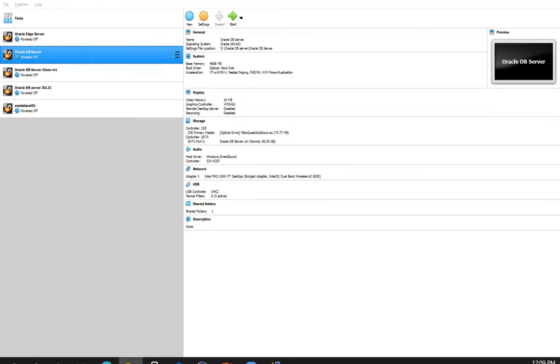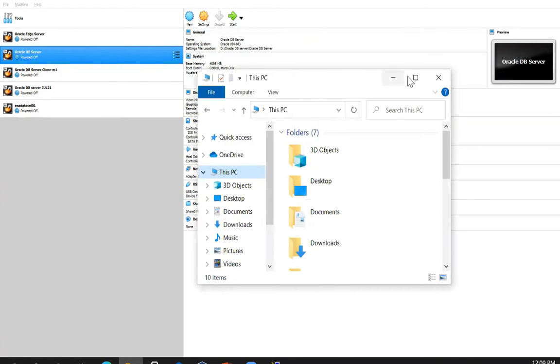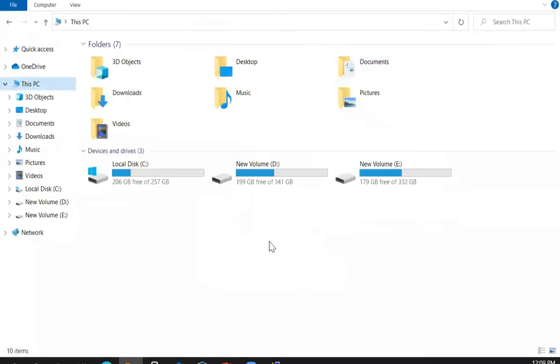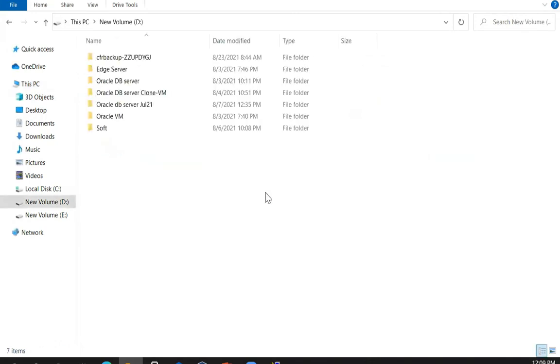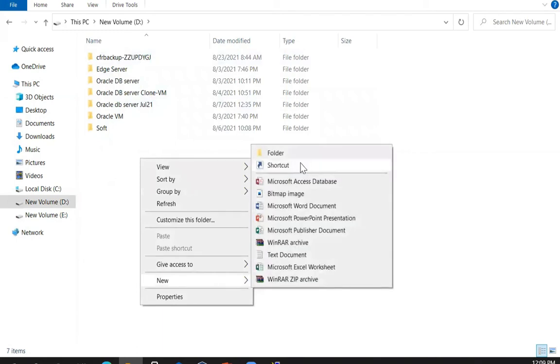Okay, make sure you open the drive. Make sure you have adequate space जहां आपको clone बनाना है, जिस सर्वर के पूरे फाइल्स प्रेजेंट होनी चाहिए डीबी सर्वर के. You must have adequate space. कोई भी ड्राइव यूज कर सकता है, doesn't matter. There is no dependency, but वहां पे space enough होना चाहिए. Suppose I am using the D drive. It is central for me for all the machines. I am creating one folder for my new machine.